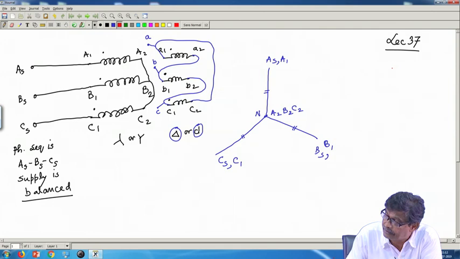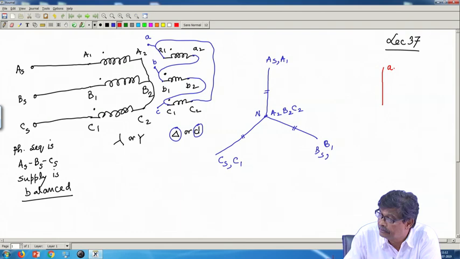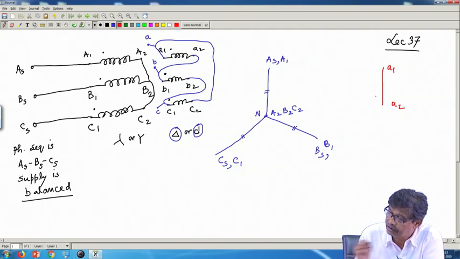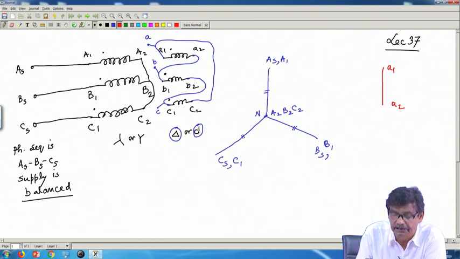So, I write it like this, a1 a2, got the point, parallel to capital A1 A2. Similarly, small b1 b2, the induced voltage in the secondary, will be parallel to this B1 B2, and B2 and A2